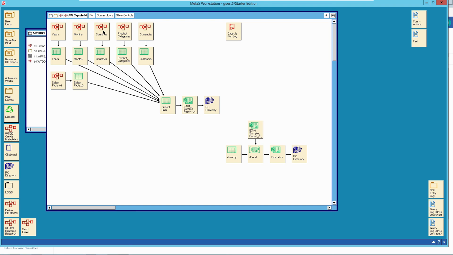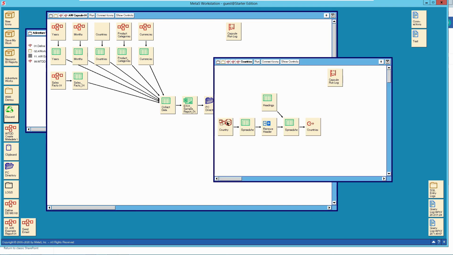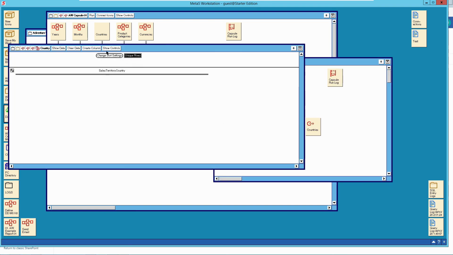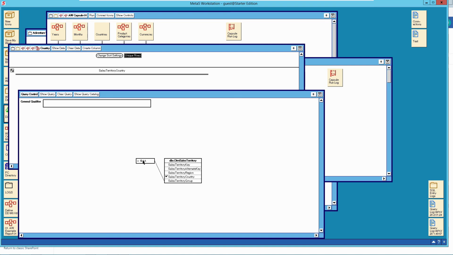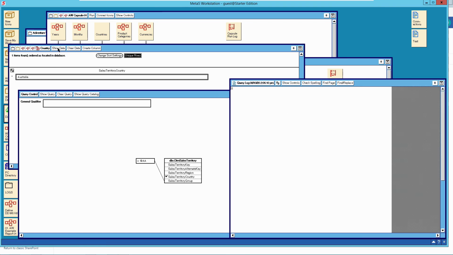Same with countries. Now, with countries it is a little different because when we look at the query for the countries, we see @AA set as the constraint for the sales territory group. If we click on Capture SQL and we click on Show Data, we'll see Australia as the returned country, and we'll see in the SQL the constraint on the sales territory group of Pacific. The @AA variable has inherited the value Pacific and sent it to the database to get just the countries for the